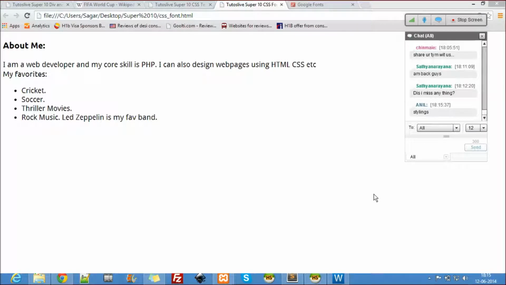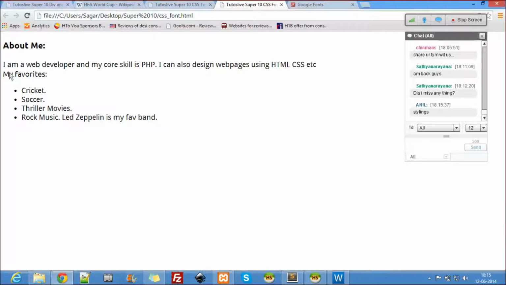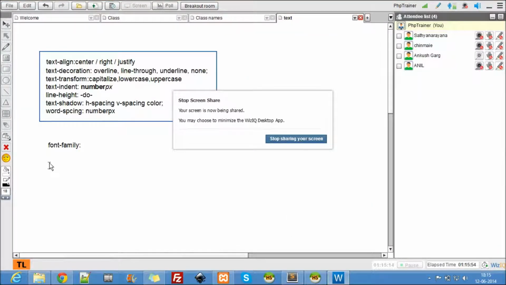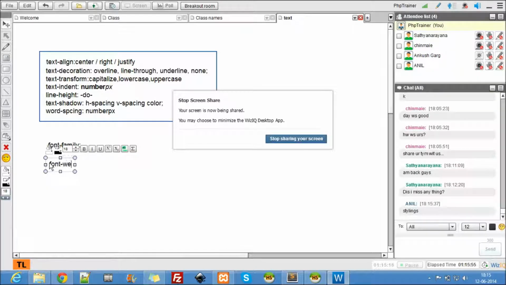Okay. Now one more thing here. This is also a heading, right? My favorites, but it does not look like a heading. Let's make it a heading. The next property we're going to use here, the first is font family, the next is font weight.